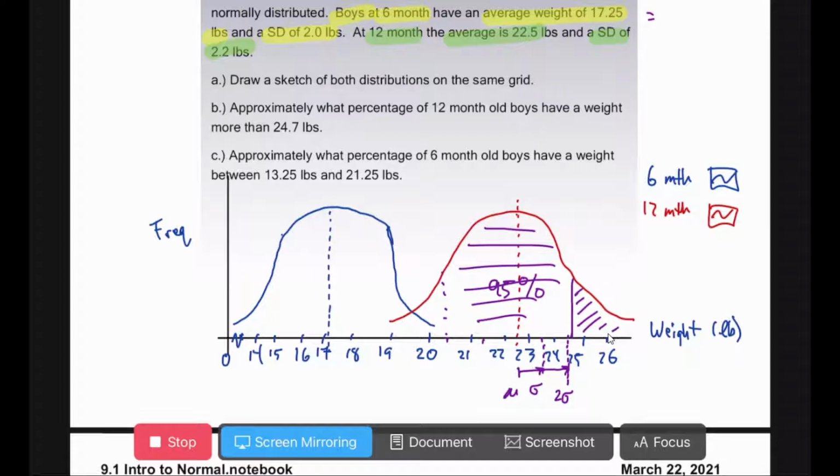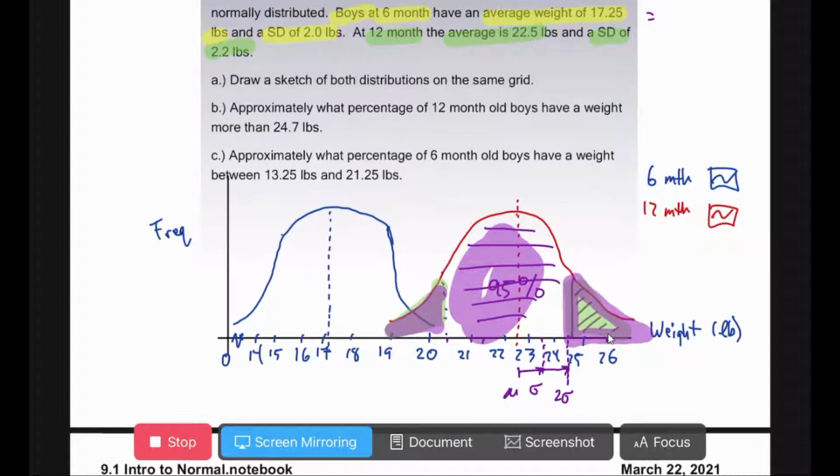So that means that this chunk here and this chunk here are each going to represent the other 5% of my data. And so I actually don't even need to do the calculation here. I can just stop and think about it. So the whole curve is 100%. This is 95. This is half of the remaining 5%, so 2.5. So I've used up 97.5%, which means my remaining piece here